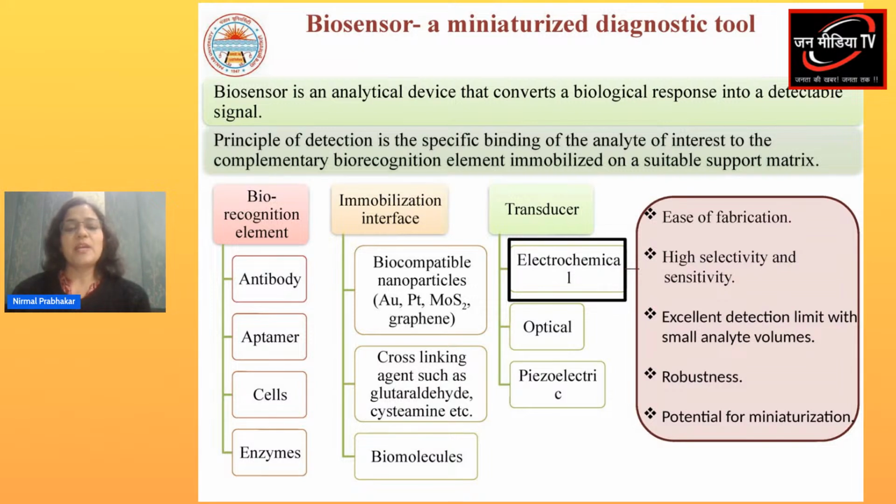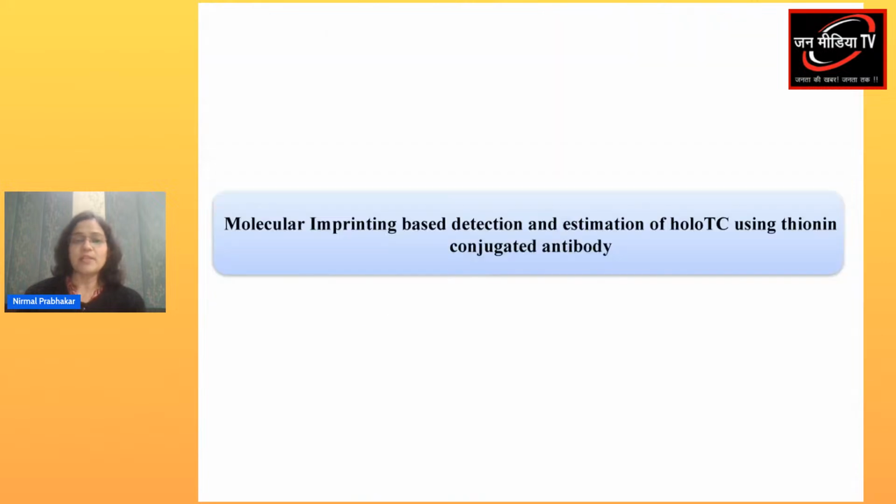An immobilization surface could be anything, like biocompatible nanoparticles, cross-linking agents, or some biomolecules can also act as a bioimmobilization interface. And the transducer is the part of the biosensor which actually converts biological phenomena into a measurable electronic signal. Here, three types of transducers are mostly used: electrochemical, piezoelectric, and optical. We are focusing on electrochemical because these are easy to fabricate, highly sensitive and robust, and have the potential to miniaturize. So here the aim is molecular imprinting based detection and estimation of holo TC using antibodies which are coupled